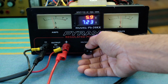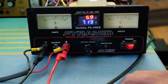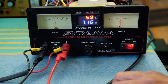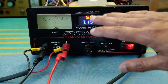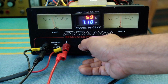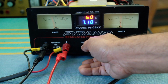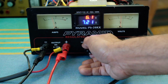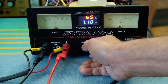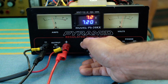It's not very linear, unfortunately, so you can actually change the resistance inside on the reference and change the range somewhat, but I haven't bothered to do that. So as you can see, it's about 6 volts, still drawing 7 amps. It's a constant current, and I'm going to increase the voltage back up. The current won't change because the load is maintaining that 7.2 amps or so, and I'm creeping up the voltage to 6.4, 6.5, 7,